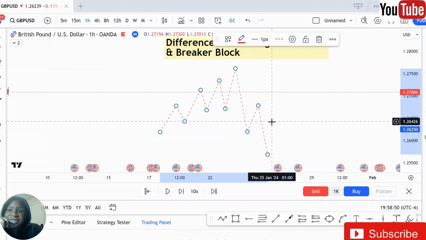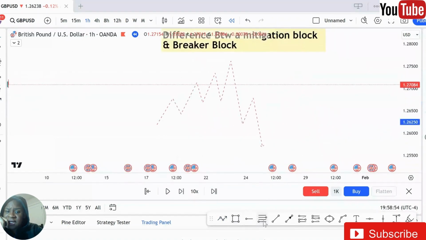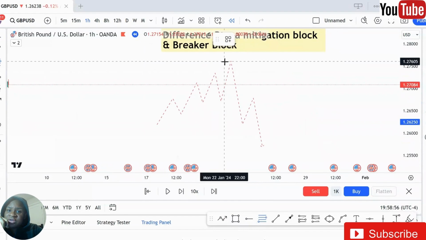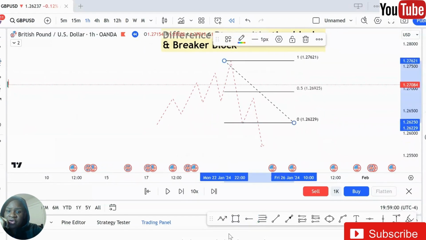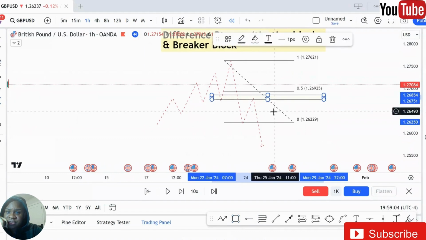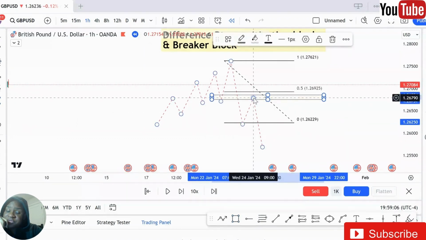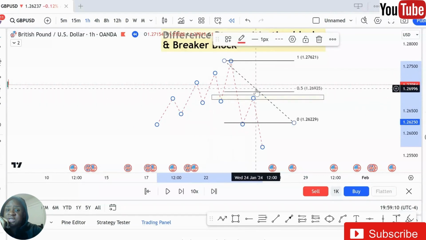Now, how do you trade a breaker block? You trade a breaker block through the use of your Fibonacci. You take your Fibonacci and you take it from the higher high to the higher low. Normally this is your breaker block, right? You've marked this whole zone as your breaker block. But the beautiful thing about it is that as long as market has not gotten to 50% of your Fibonacci,